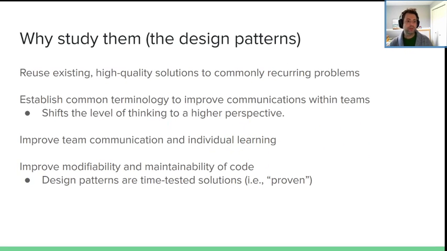So a few high level things here. Why study them, right? One of the best things that you can do in software engineering is to reuse code and reuse ideas. If you are starting from scratch every single time, a project is going to take you forever. But if you learn along the way, and you start reusing things, reusing ideas, it takes you a lot less time to get things done. And I'm not saying copy and paste old code, but if you understand how a particular bit of code works, you can reapply it in a new context.